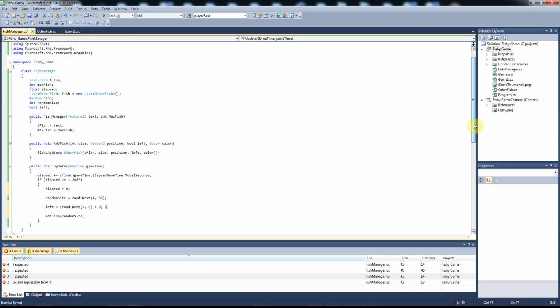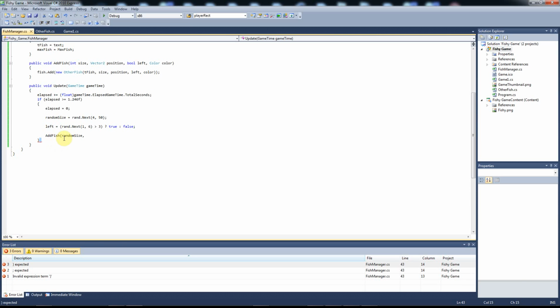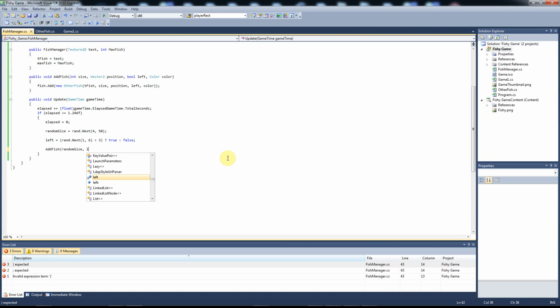And then we do a question mark. True. False. Random size. If left